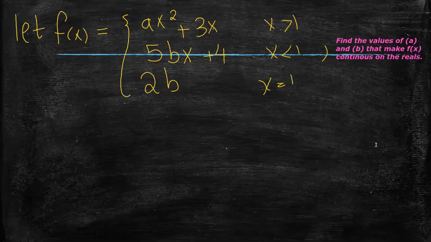Now, let f of x equal ax squared plus 3x if x is greater than 1, 5bx plus 4 if x is less than 1, and 2b if x equals 1. Find the values of a and b that make the function continuous. If the function is continuous, that means the limit from the right equals the limit from the left equals f of x. So let's find now